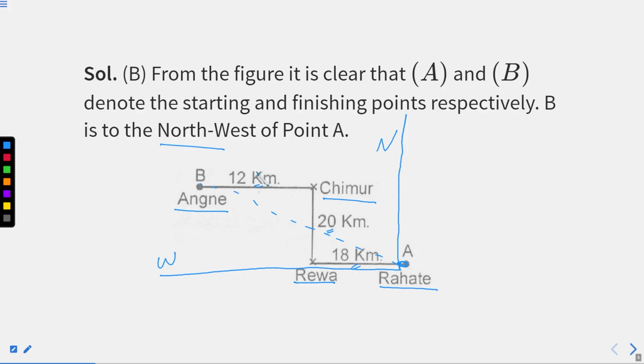I hope this question is clear. I hope you are clear with north. I hope you are clear with south. I hope you are clear with east and west and all four regions. That is northwest, northeast, southwest and southeast. I hope all these directions are clear, and this question helps you to understand the clarity with directions north, south and northwest as well, right?